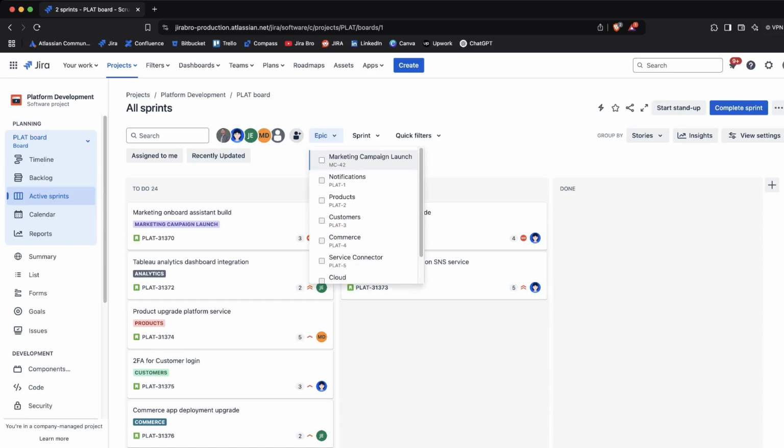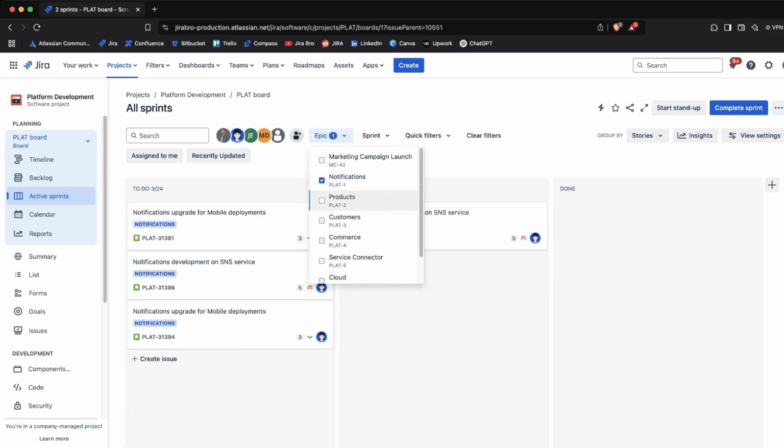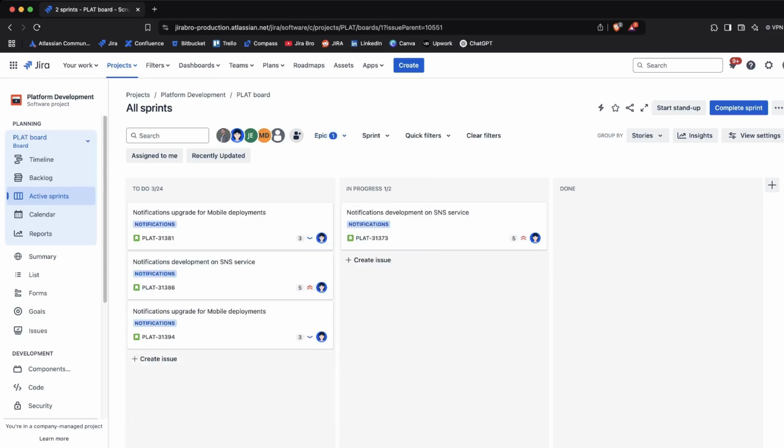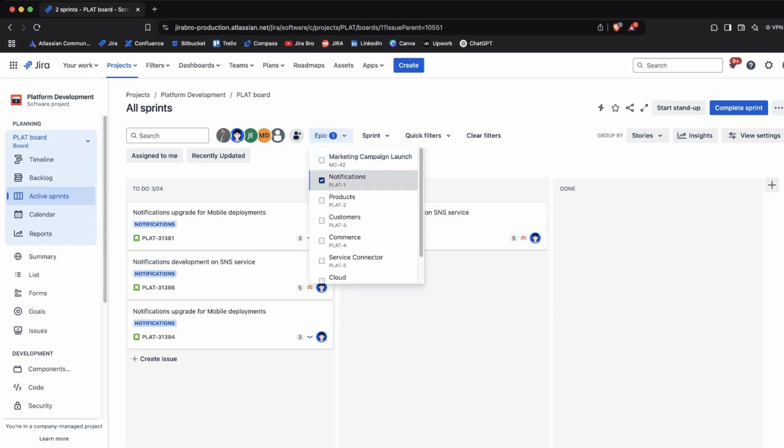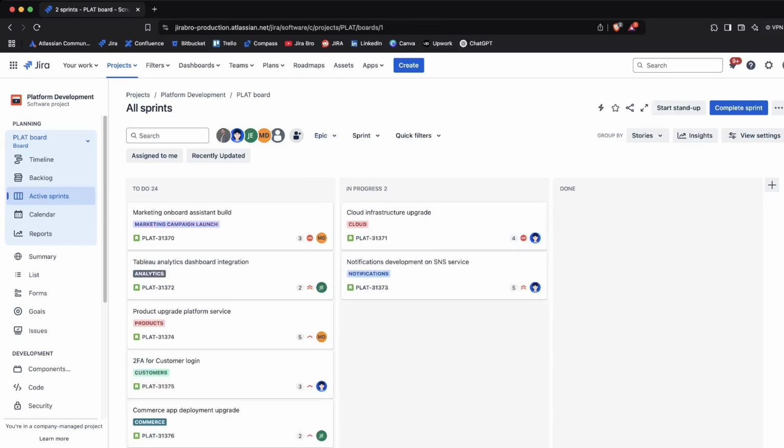And if I want, of course, to be focused on a specific epic in here, for example the notifications, I want to see all of the issues that are within the notifications, I can actually see them. And for the assignee that is working on the issues within this epic, I can ask for the update on those specific issues. So that is